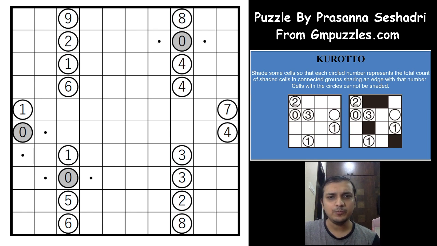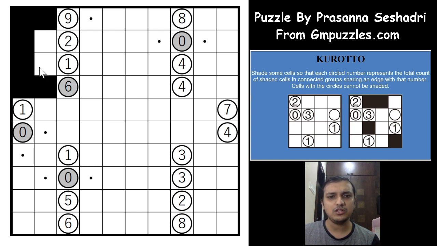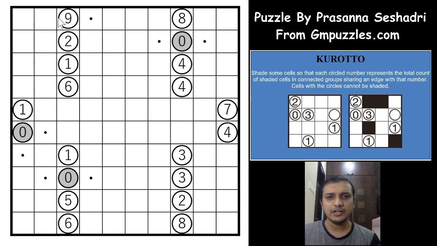So if you see the 9 now, there has to be 9 shaded cells, and if I unshade this, then the only way to connect the 9 shaded cells has to be this way, right? Through the edge of this cell. Only one edge is pending for the number 9, and all the 9 cells have to be connected through it, but it is not possible, because the numbers here, 1, 2 and 1, will be violated. There are 9 cells connected for this 2 also, for this 1 also, and for this 6 and 1 as well. So all of the 9 cells cannot be connected by this area, because there are some smaller numbers that will violate the rule.